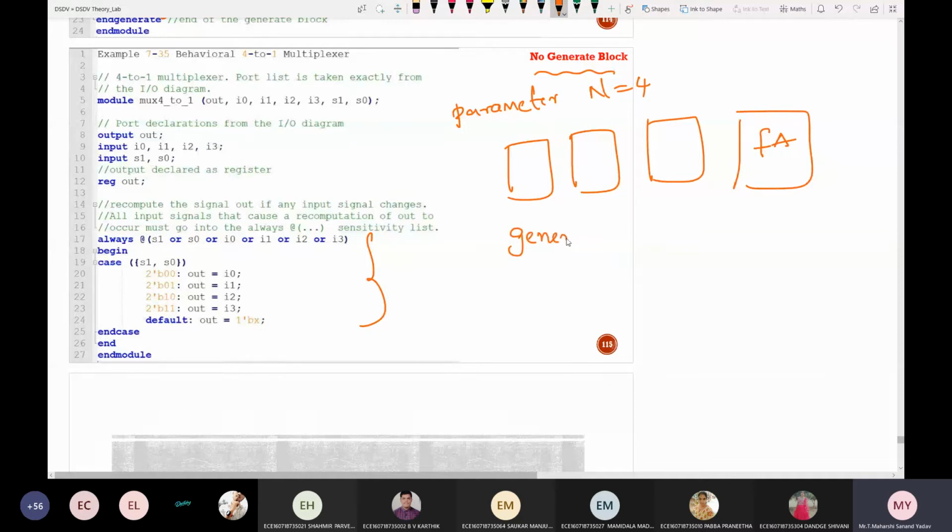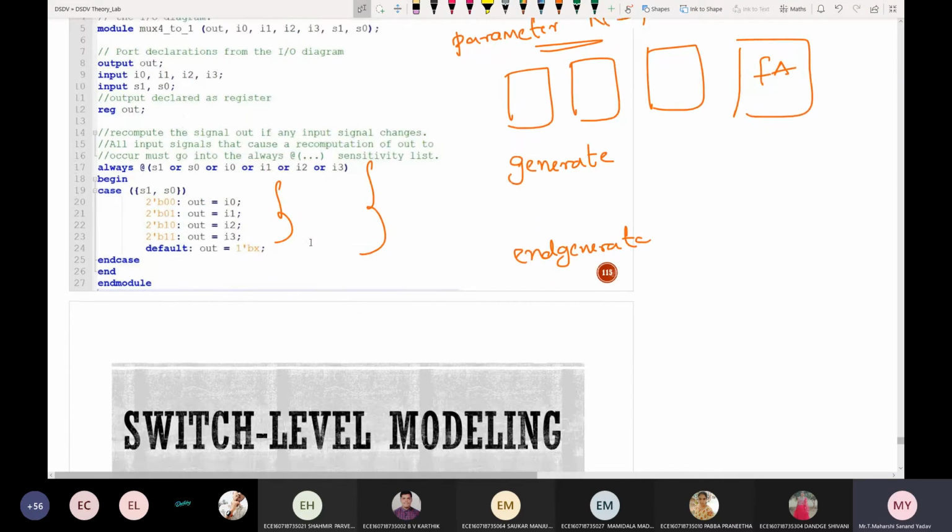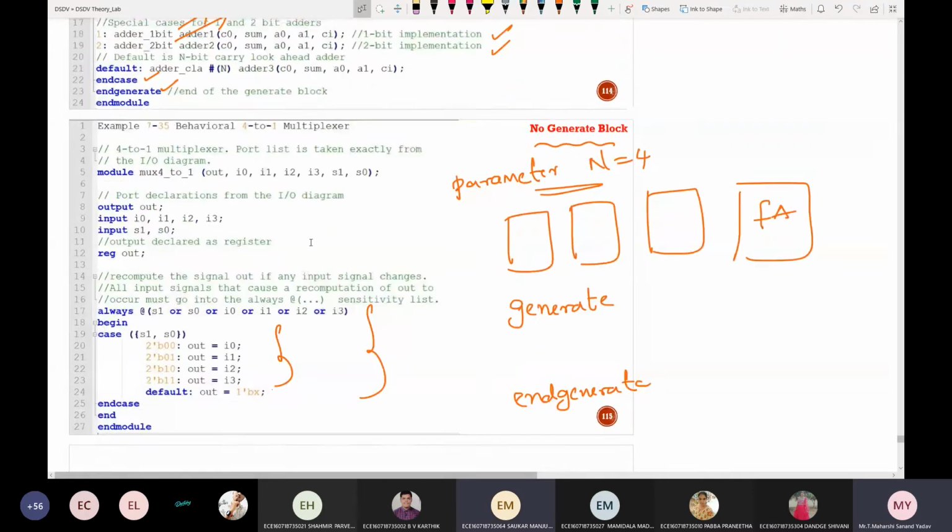If you enclose that particular statement between generate and end generate, 4 full adders will be generated directly depending upon this parameter value. Whereas here that won't happen. This is the normal way of writing using a case statement. So I hope you got the major differences between the generate statement and the normal way of writing the code. Any doubts still here?